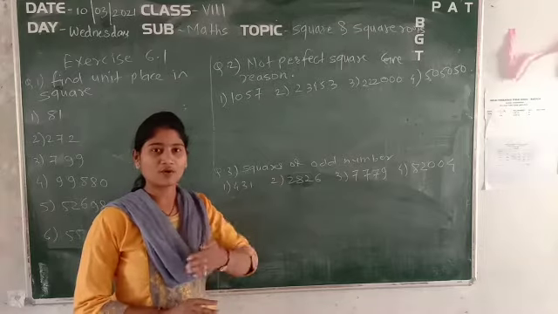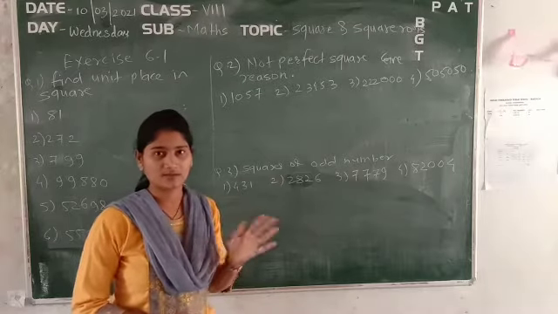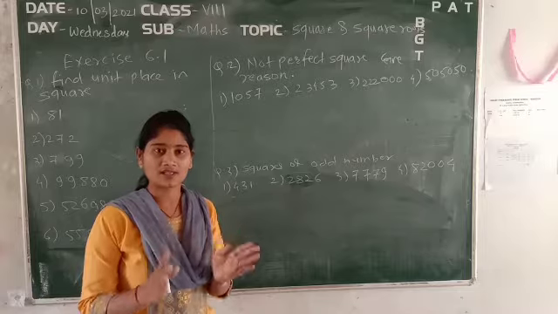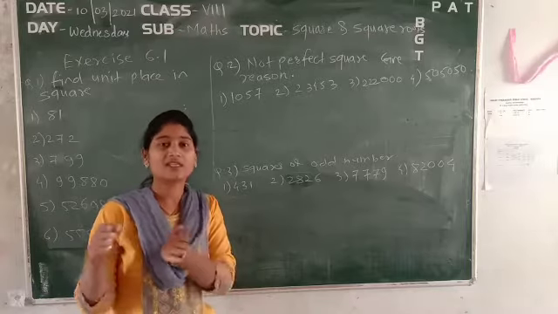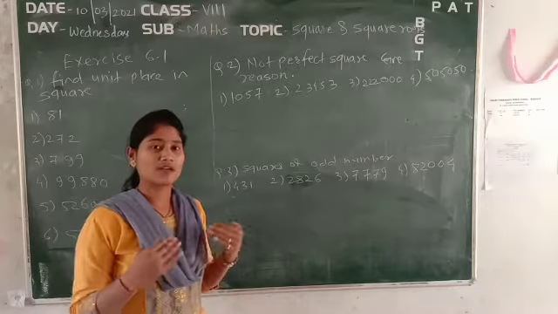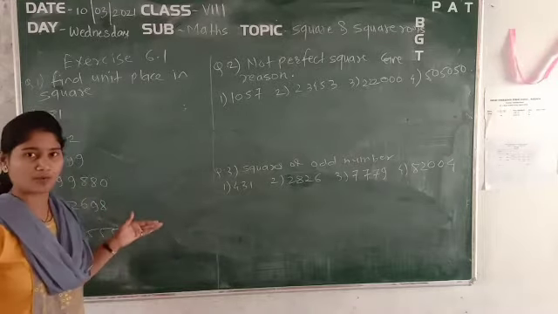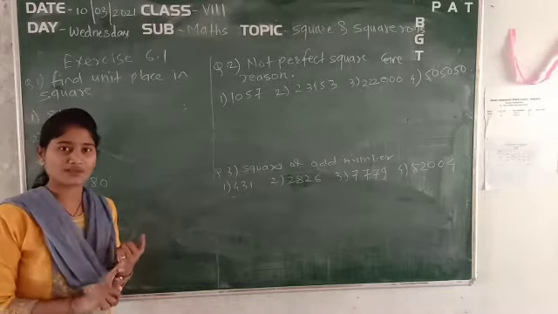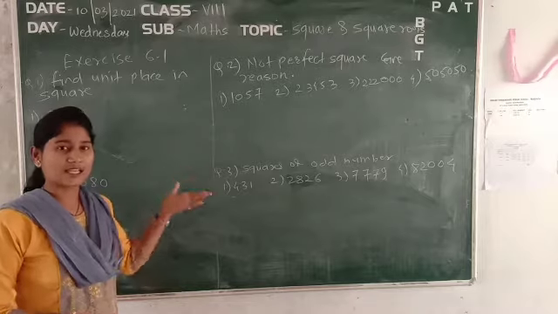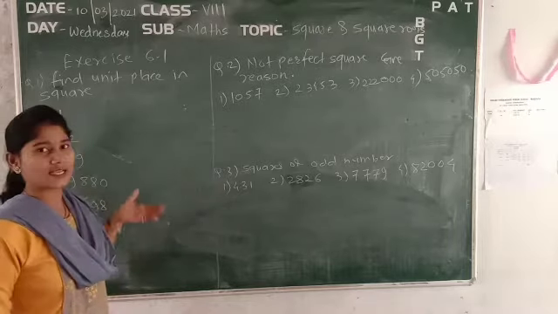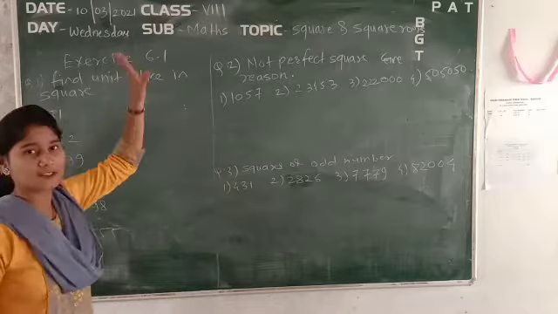Actually, for the numbers 1 to 10, up to 100, you have to consider the number as well as its square, in order to find out its properties. Before that, I told you the properties regarding each and every square number. That same thing we have to follow within this exercise, and this exercise is now 6.1.